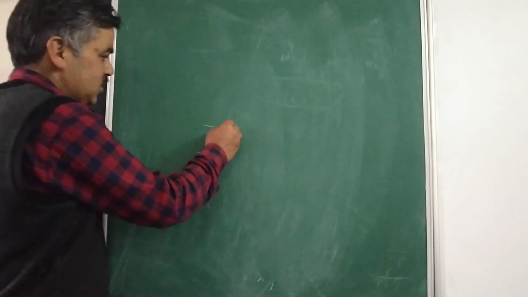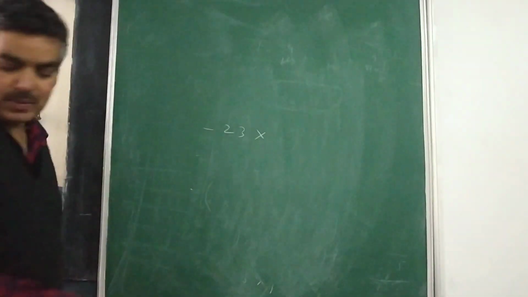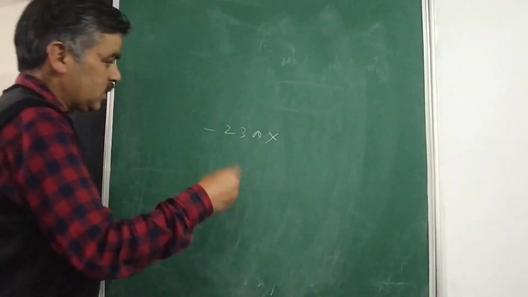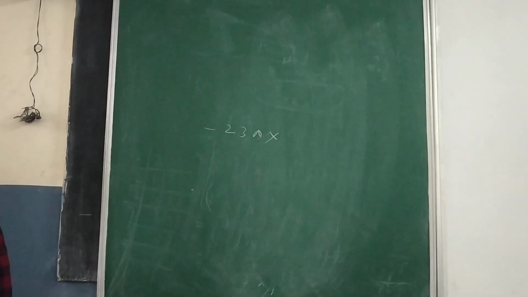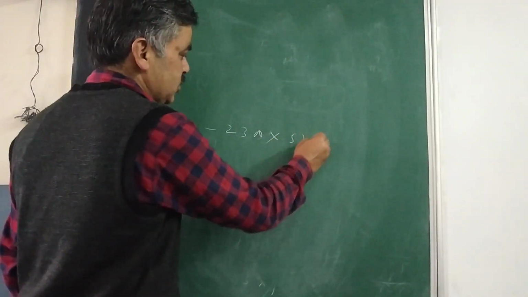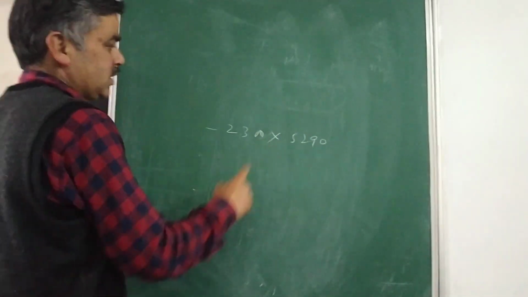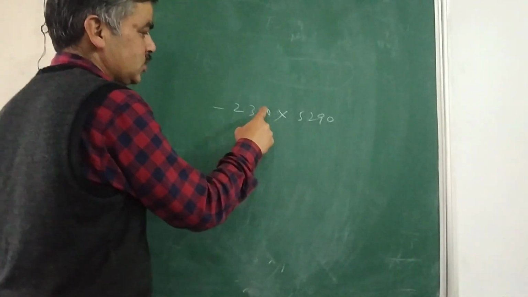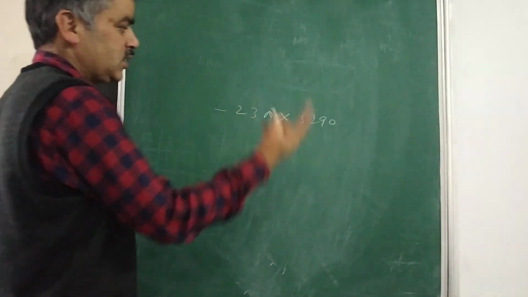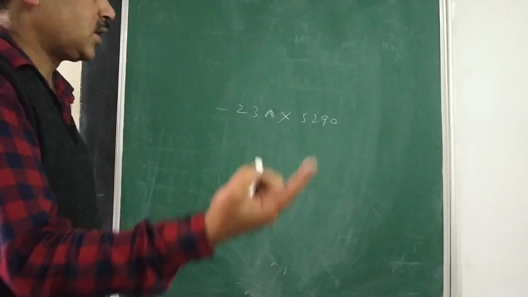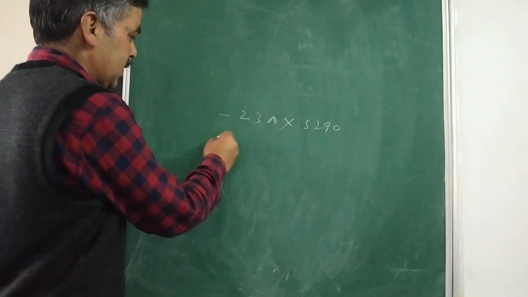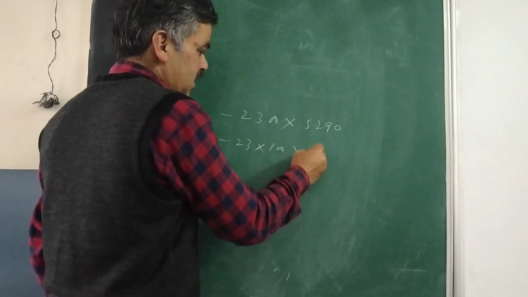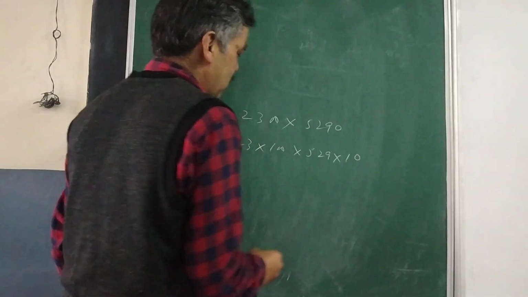This is minus 2300. How you can make your solution easier, that I am telling to you. Well, then it is 5290. So now I know 529 is a perfect square. What you can do is, I am finding ending zeros, here are 2 and here is 1. If I take 3 zeros together, I know that is a perfect cube. So try to do that. Minus 23 into 100, I have split this, and 529 into 10.